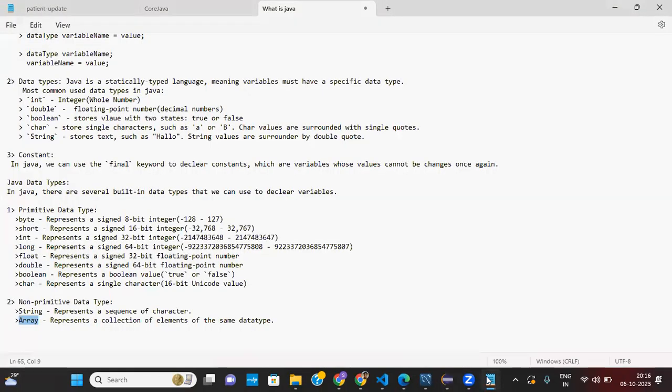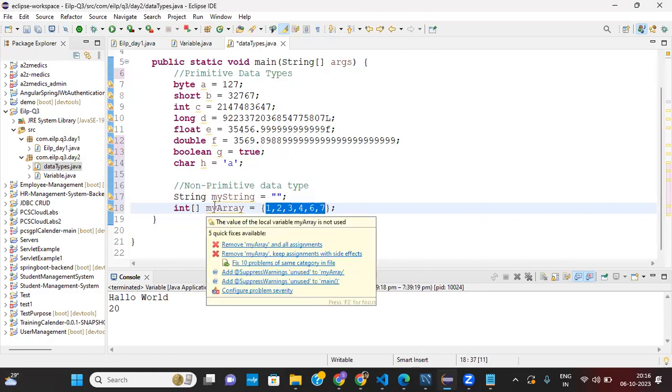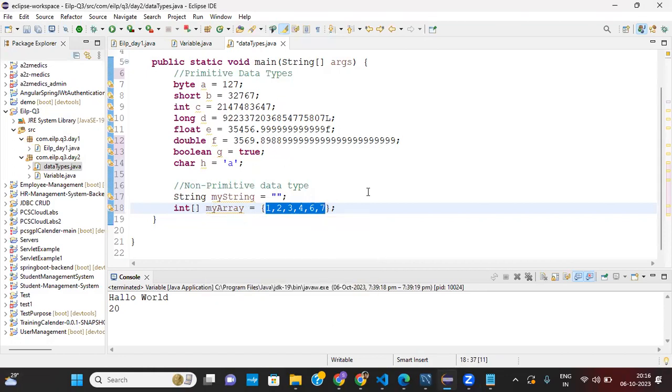Basically it represents a collection of elements of the same data type. The data type is integer, so it holds a collection of data of the same data type, which is integer. So it is an array. Everyone understood what an array is and how we declare an array.